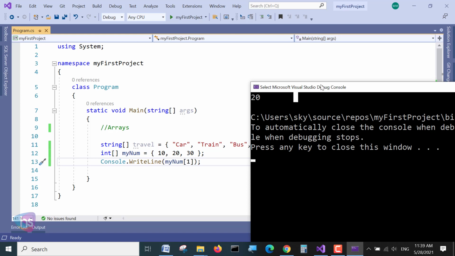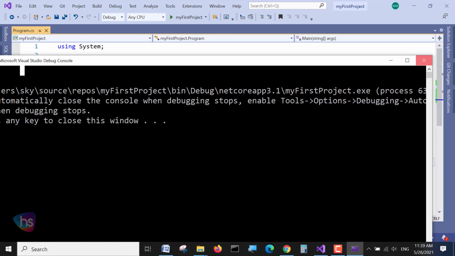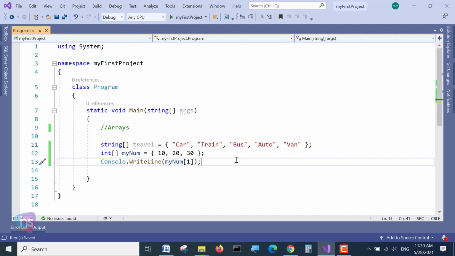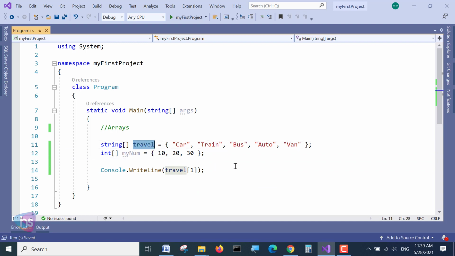Now I'll show you a little more expansion of these array statements. In between, if you want to make corrections in your array, whether it is a string array or the declaration of travel, see here, I'm considering this string variable, and index 1 is train.